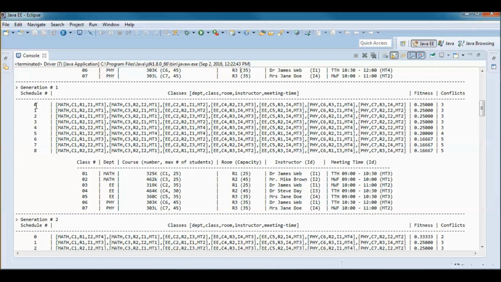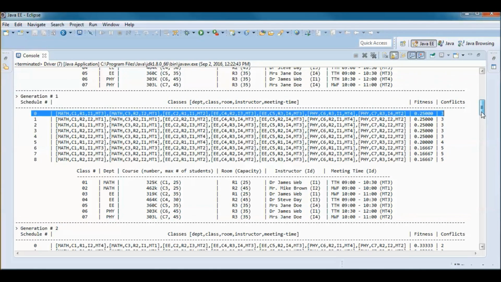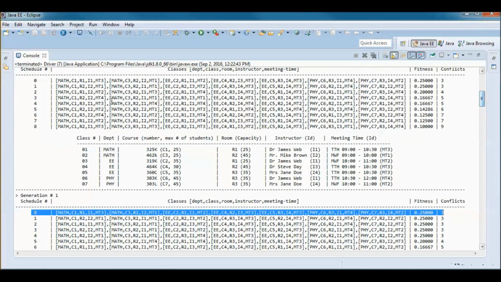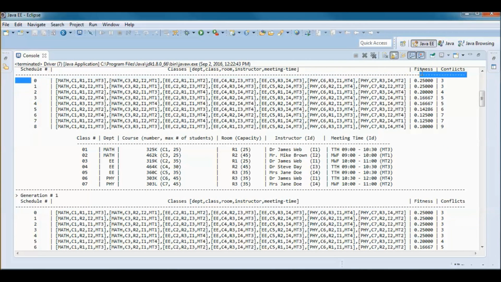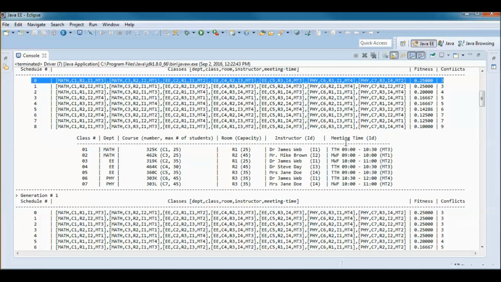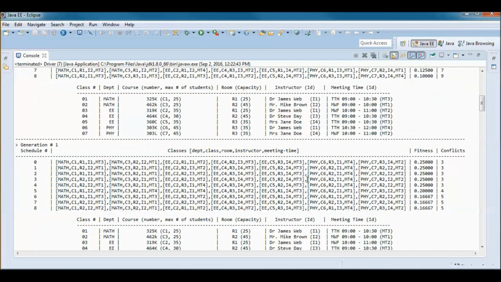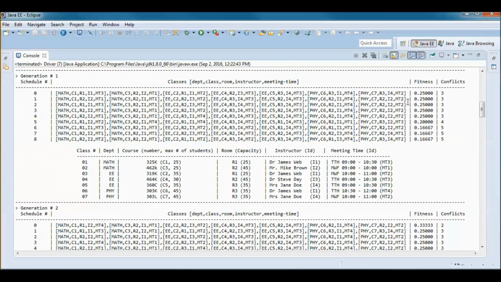So in generation 1, actually we're using elitism here, so this might be the same as this course schedule, since the first one is moved as is to the next generation, the one with the best fitness.